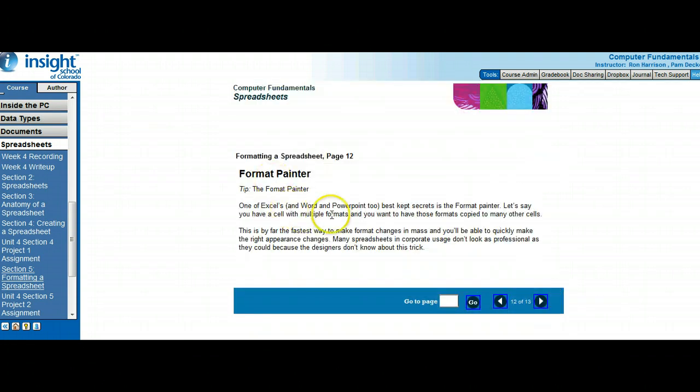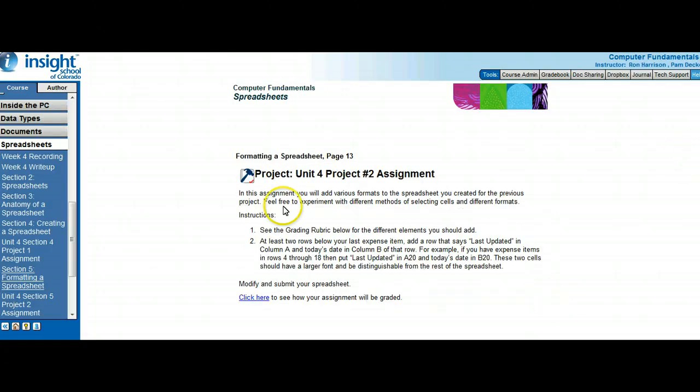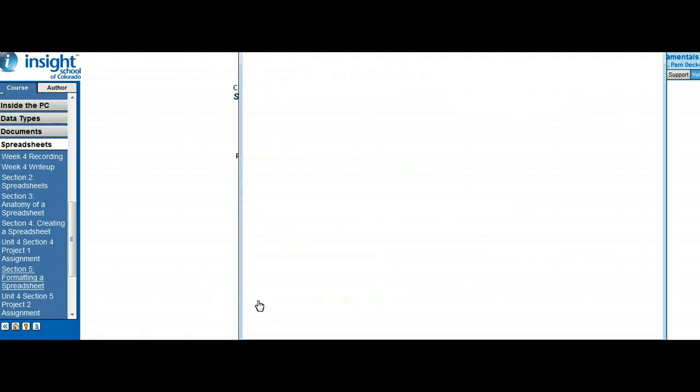And Format Painter, this is where you can put a massive bunch of commands on a set of cells, on a range of cells. In Project 2, you're going to take Project 1 after you've done that, then you open it up and you do Project 2 work. And then you'd save it as Project 2, and as I said, I will have a separate recording that talks about how to do Projects 1, 2, and 3. Then right here is where you can click to see how you're going to be graded. Now, the one thing I want to do is go back to